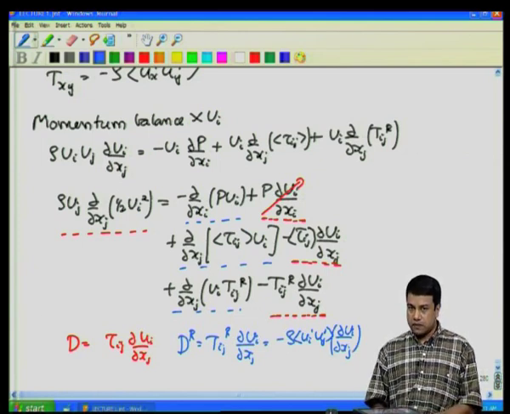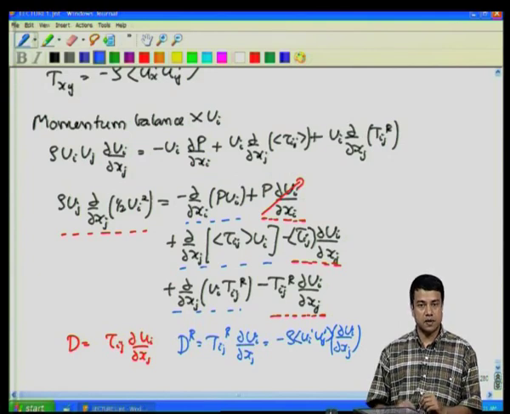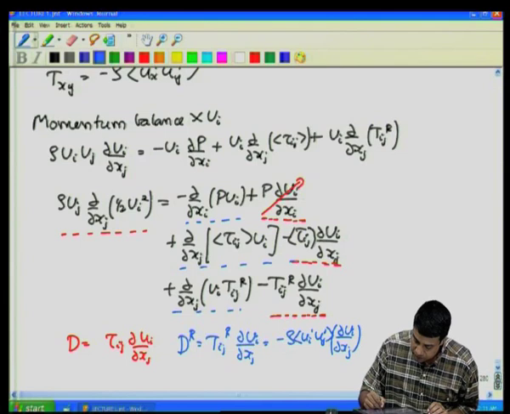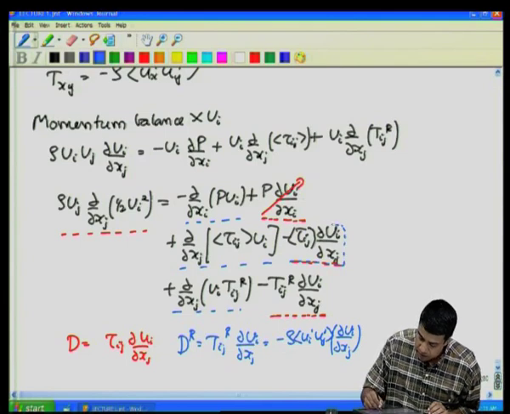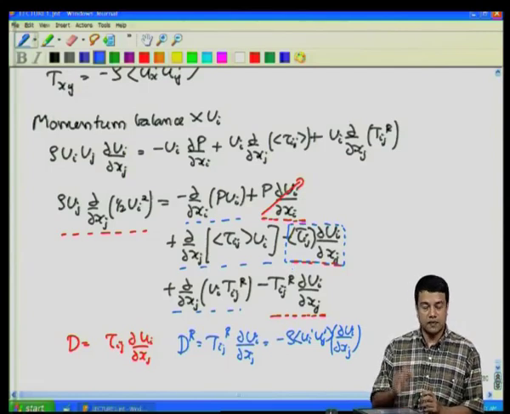Now, for a turbulent flow, we said it is highly dissipative. So, the rate of dissipation of energy is much larger than what you would expect for a laminar flow. The rate of dissipation of energy that you would expect for a laminar flow is given by this average value, the average shear stress times the average rate of deformation.